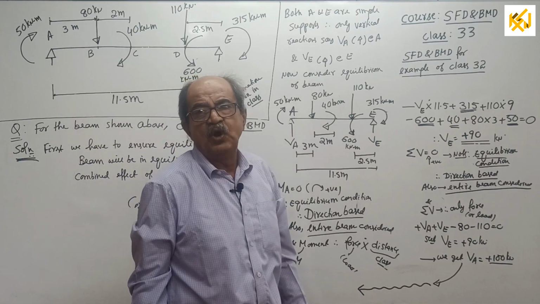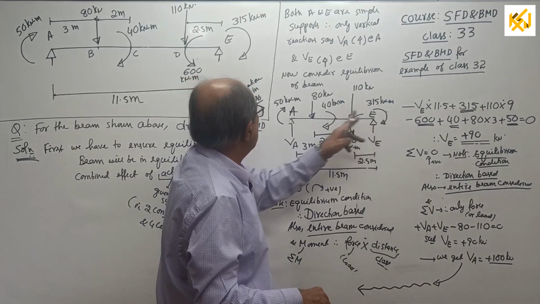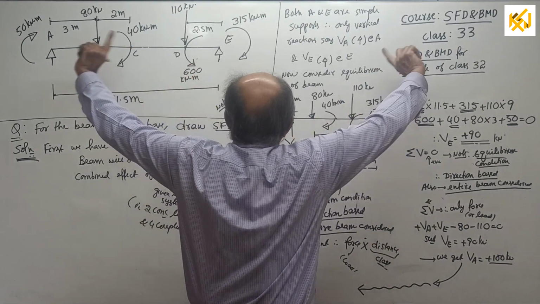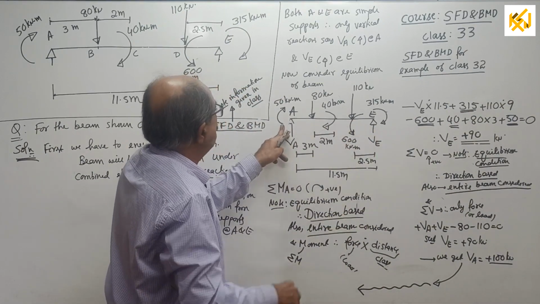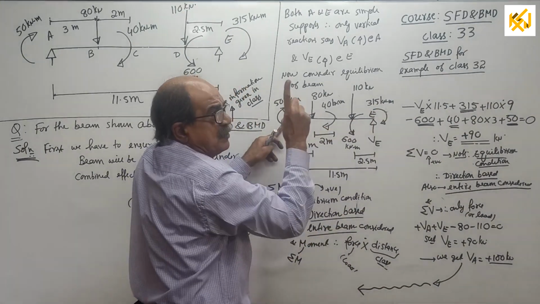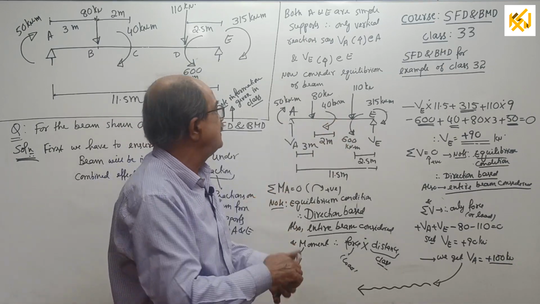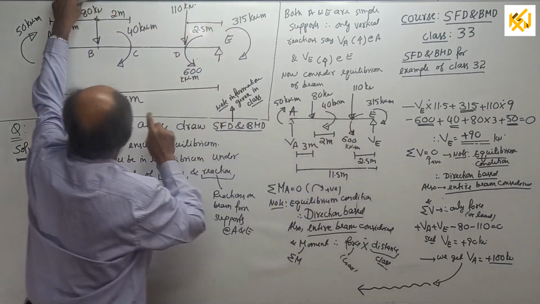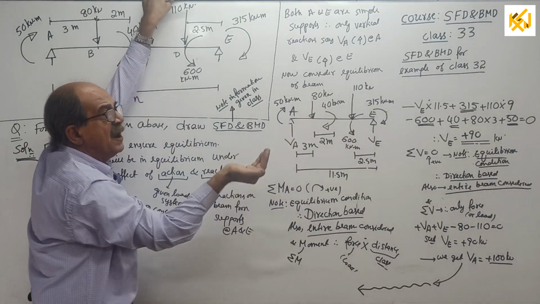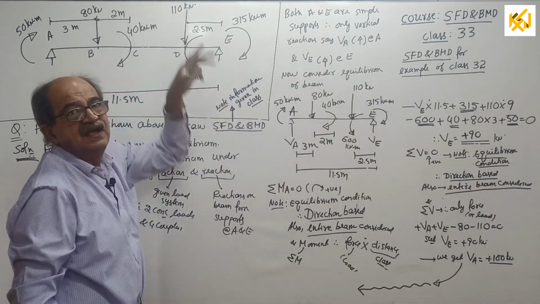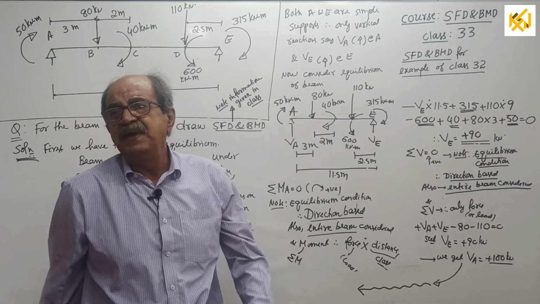But when you go for SFD BMD, it is better, I told, end couples you mark in closing bracket format. I told repeatedly earlier. So, these two we will mark in closing bracket format. Whereas, intermediate couple, we will not mark like this. See, this is a clockwise. What we will do? We will mark it like this. This is anti-clockwise. We will mark it like this, so that the difficulty or confusion or doubt for sign will be eliminated.